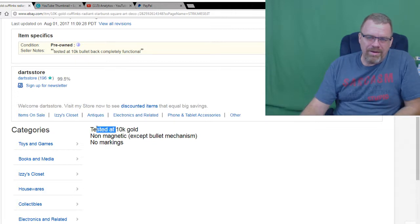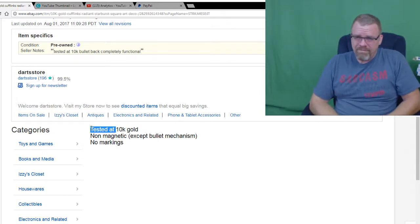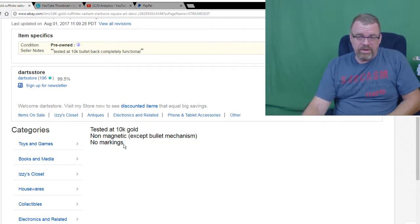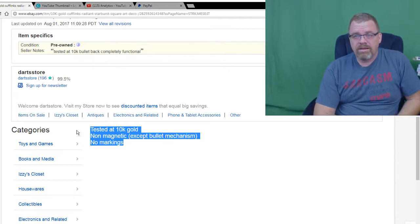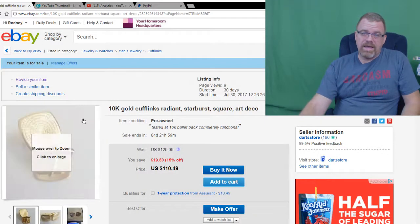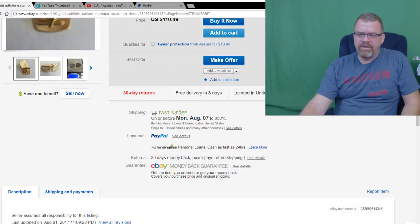I'm thinking, I don't know, if you guys list jewelry, let me know. I put tested at 10K, non-magnetic except for bullet mechanism, no markings. Do people that buy jewelry know that these are signs that it is vintage and it's not plated, or should I just leave it at 10K gold with the description? Right now I've got them listed on sale for 110.14, I think I have free shipping,